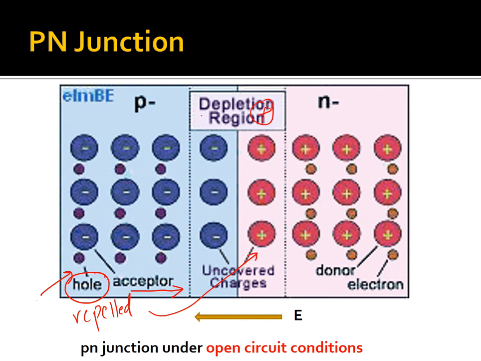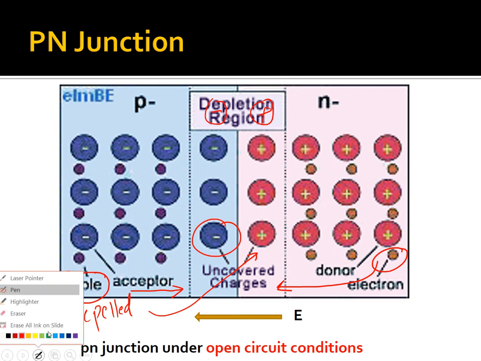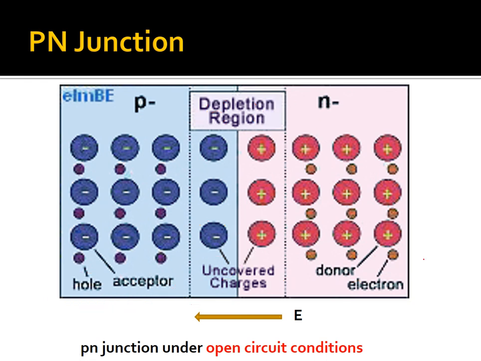Okay, we are getting the positive ion here and negative ion. So these holes will be repelled by the positive ion. Similarly, here the electrons which want to move towards this end will be repelled by the negative ions. Now basically this depletion region is stopping the flow of free charge carriers. So we get layers of positive ions here and negative ions here, and these are repelling the movement of the free charge carriers and stopping the flow of charge carriers.